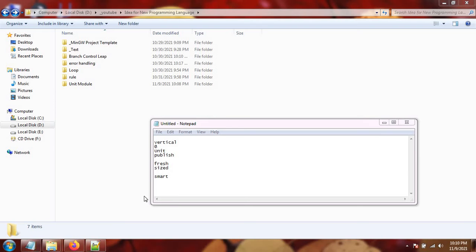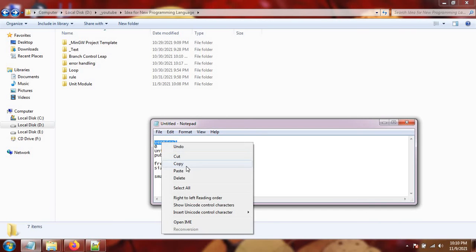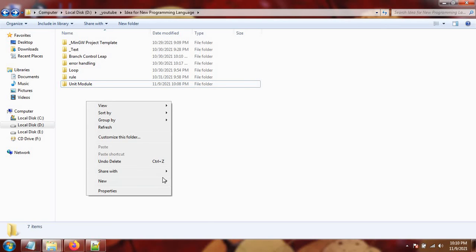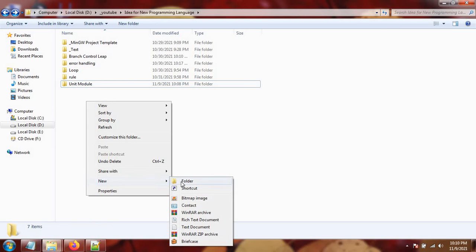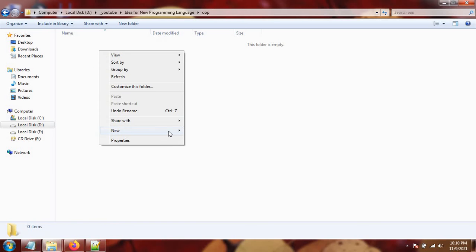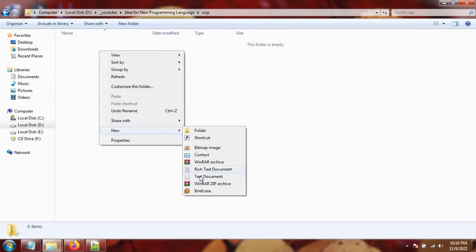In this episode, we will talk about vertical, unit, publish, fresh, sized, and smart keywords. Let's first talk about the vertical keyword. It's object oriented stuff, so we put it into